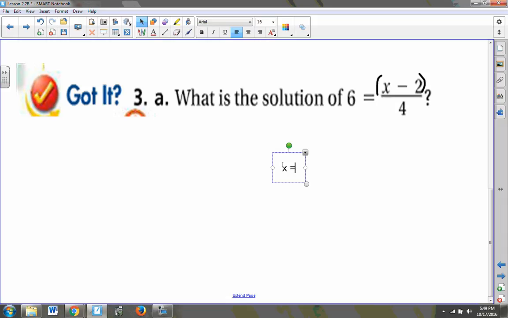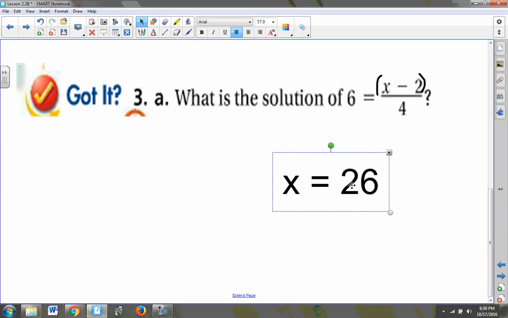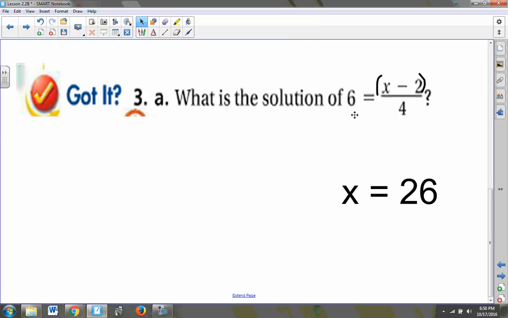In the end here, x should equal 26, because we times both sides by 4 and get that x minus 2 is 24. 6 times 4 is 24. So x minus 2 equals 24. And then we add 2 to both sides and get that x is 26. If you have any questions about seeing the top of a fraction as if it's in parentheses, or what that means for undoing the two operations here,